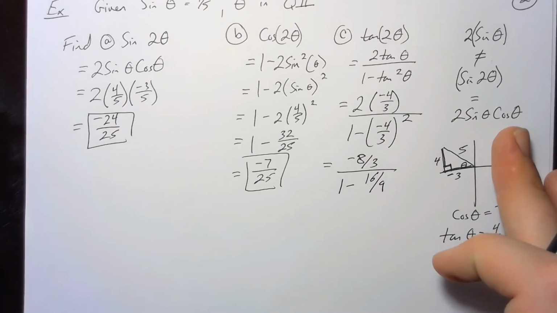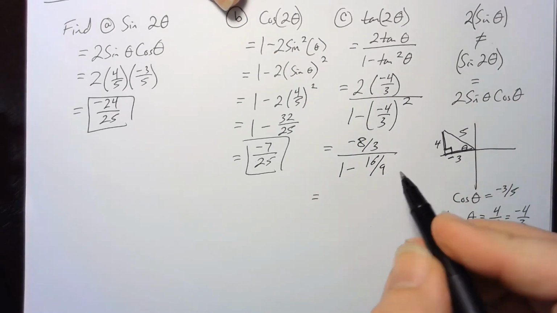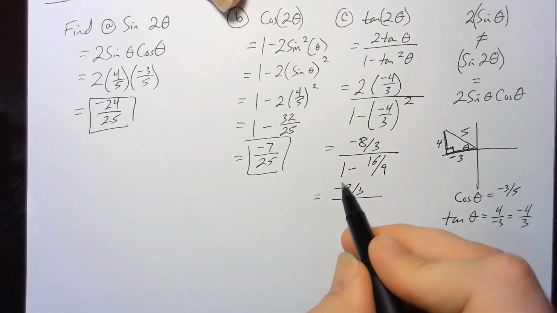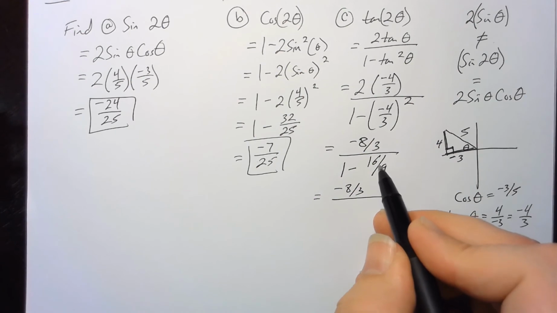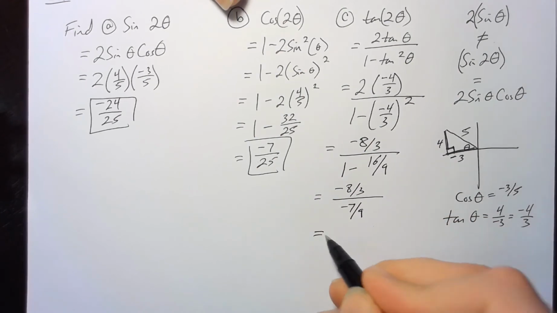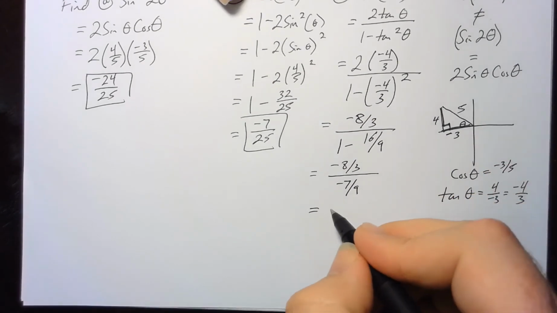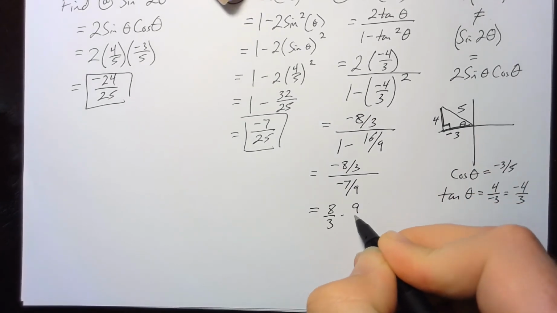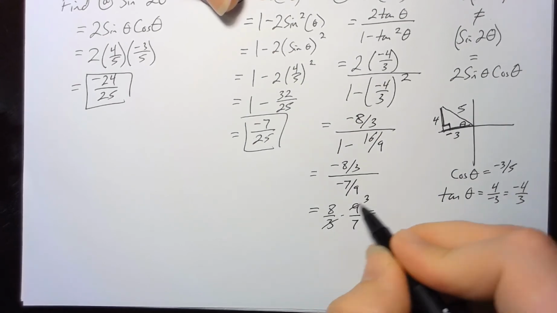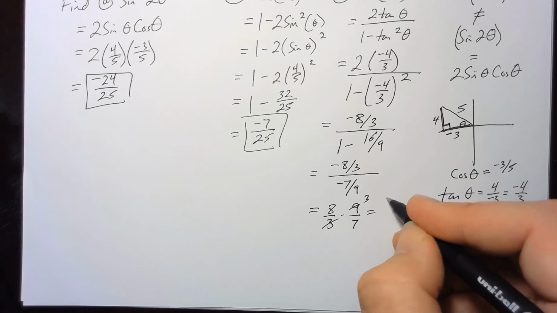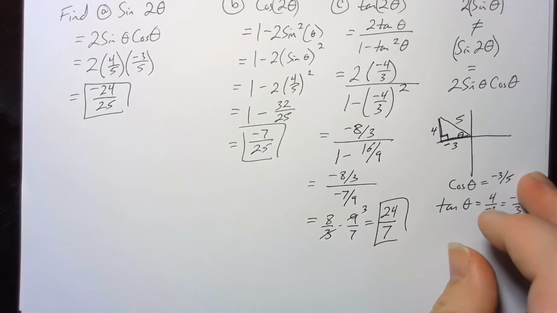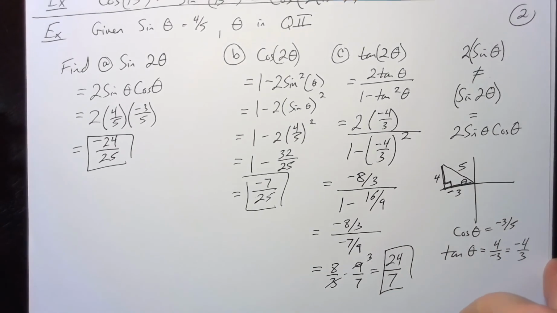If I want to combine terms and simplify as best as possible, I'm going to change this 1 to 9 over 9, giving me negative 8 over 3 divided by 9 over 9 minus 16 over 9, which simply condenses down to negative 7 over 9. If I keep, flip, change these fractions, the negatives are going to cancel out, and I'll be left with 8 over 3 times 9 over 7. I'm going to be able to cancel out the 3 and the 9, leaving me with 8 times 3, 24 over 7. And that is the final answer for the tangent of 2 theta,